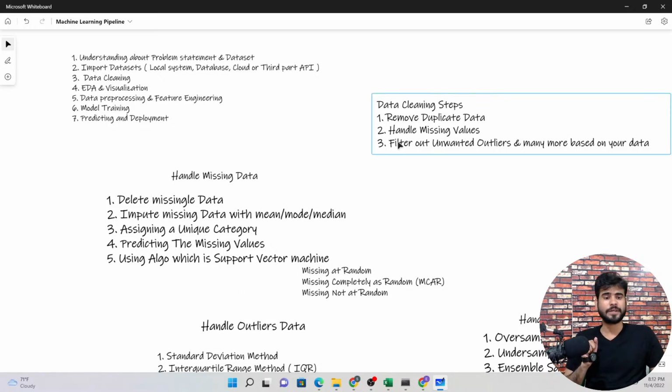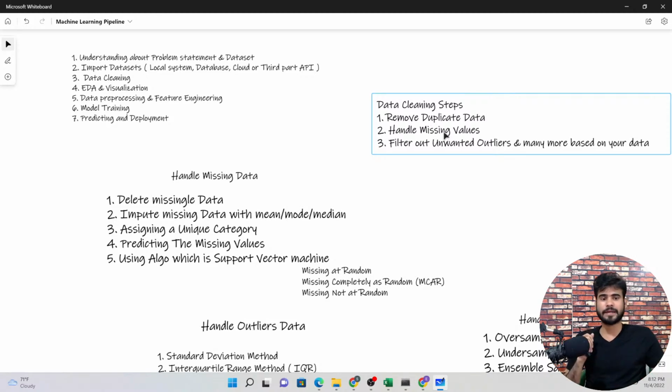Now as you can see, data cleaning steps. So what we are doing in a data cleaning step, first of all, we can remove the duplicate data. So sometimes, let's say we are collecting data. Okay, so we are sending one Google form. Okay, you can fill this form. So what users are doing, they are filling it again and again. Let's say if the first time they make some mistakes, in this case they can fill those forms again. So it means those are the duplicate data that we have. Okay, so what we can do, we can remove the duplicate data. This comes under the data cleaning steps.